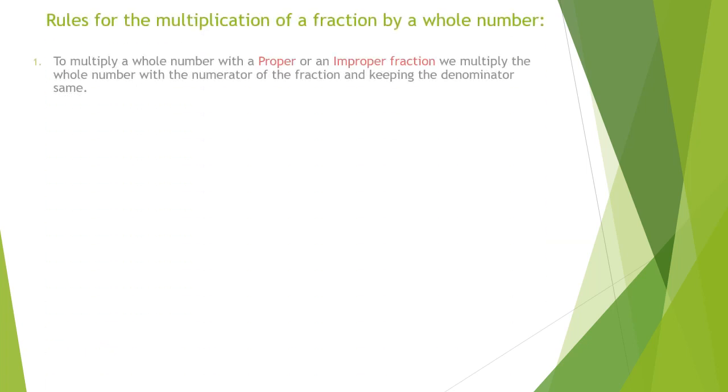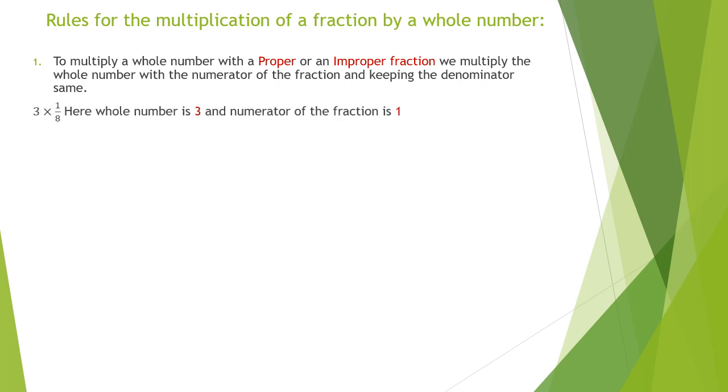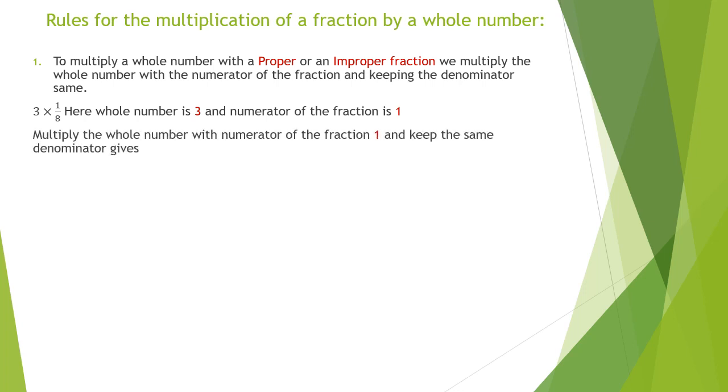Now, rules for multiplication of a fraction by a whole number. The first rule: to multiply a whole number with a proper or an improper fraction, we multiply the whole number with the numerator of the fraction, keeping the denominator the same. For example, 3 multiplied by 1 by 8. Here 3 is a whole number and 1 by 8 is a proper fraction. So the first step is to multiply the whole number with the numerator of the fraction, 1, and keep the same denominator, 8. That gives 3 into 1 by 8 equal to 3 multiplied by 1 whole divided by 8,